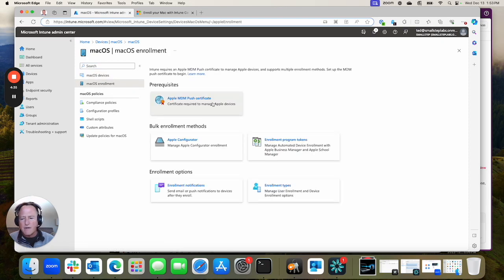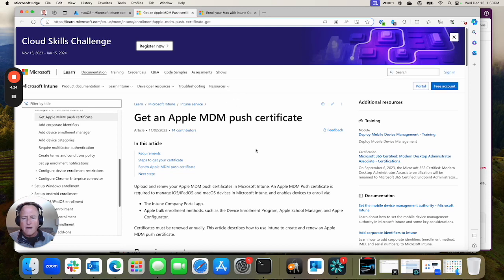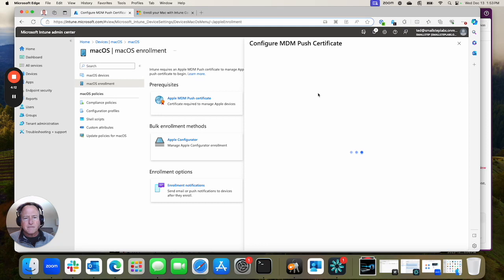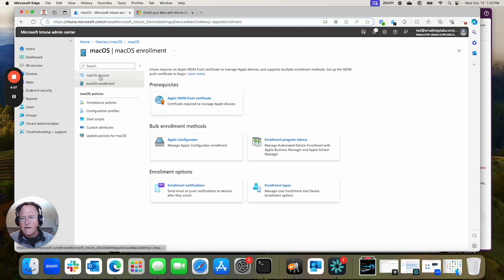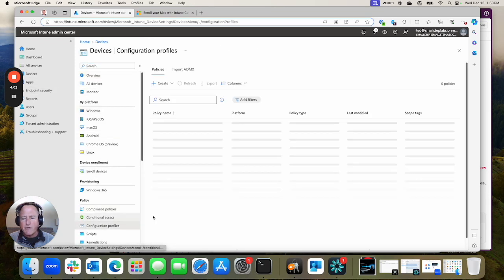bring any Apple devices into your account is register for an Apple MDM push certificate. If you click this learn more here, it pops up some information on how to do that, but basically you need to sign up for a business manager account at Apple, and then you'll get this push certificate that gives you the rights to be pushing configuration files down to Apple devices. So I've already done that. I've got my MDM push certificate uploaded here, and let's go ahead and now create the configuration profiles that my